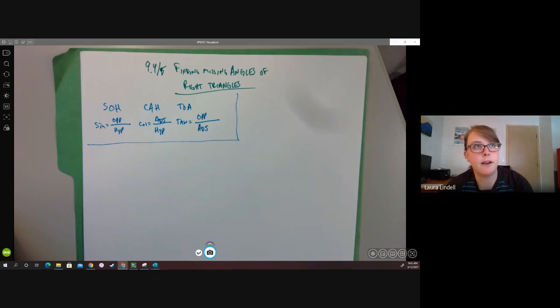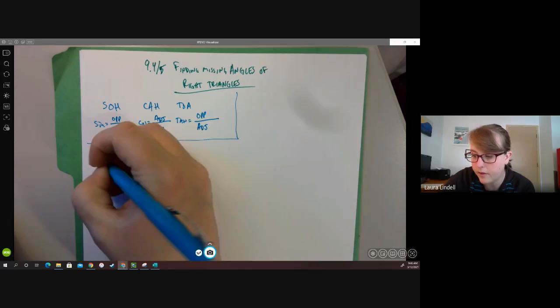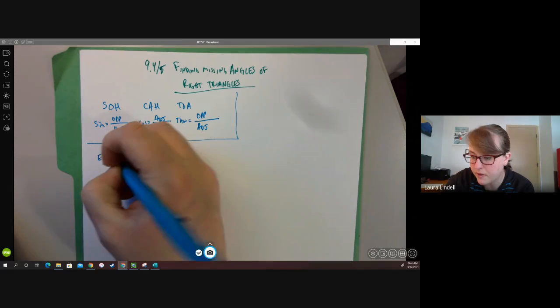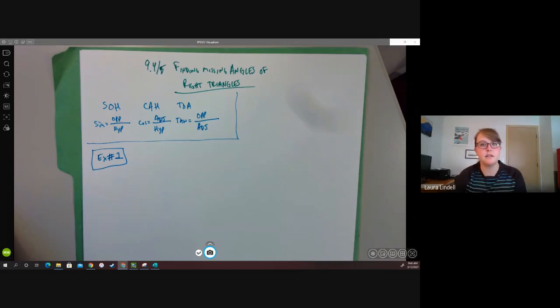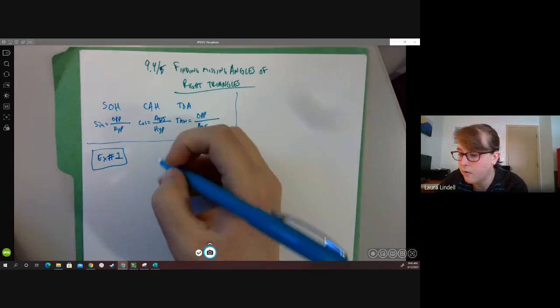Now, a lot of people think that finding missing angles is simpler than finding missing sides, and they'd be correct, or at least I think they're correct. So what we're going to do today is a little bit simpler. Again, just like yesterday, this involves learning with examples. Once we see a couple of examples, I think we will catch on. If you really like doing things in steps, this lends itself well to that. So first example,